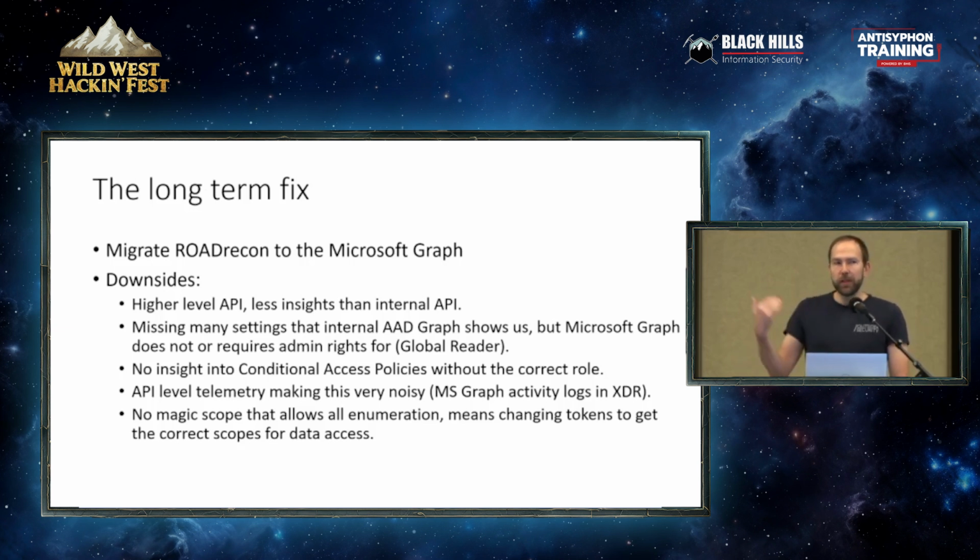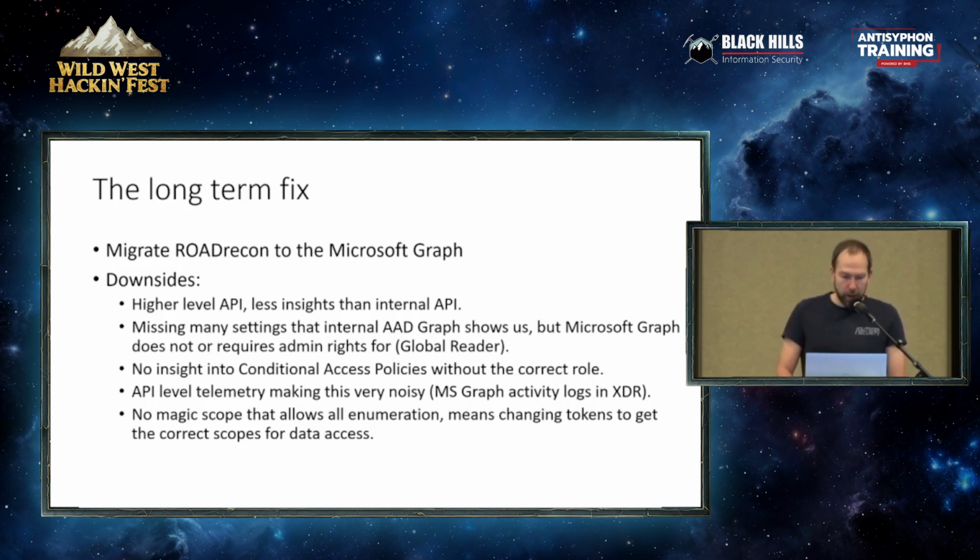So if you want to enumerate all the data over the Microsoft Graph, you need to do a lot of token operations, you need to sign into different apps, you need to exchange that token, which is kind of annoying, because with Recon you can just sign into any of the 100 and everything works. With the Microsoft Graph, you need to keep switching between them. So that's going to be a bit of an issue. I'm probably going to automate that to make it user-friendly, but it's no longer the case that with one token, you can just enumerate everything.